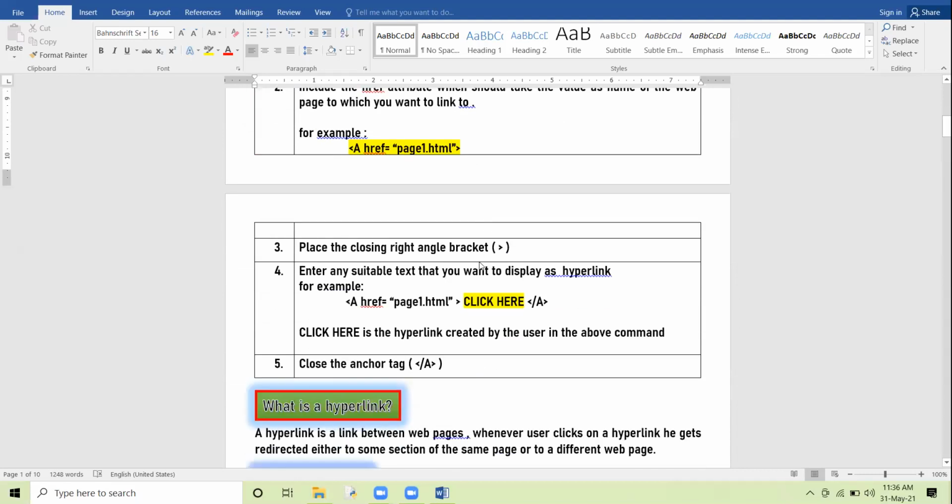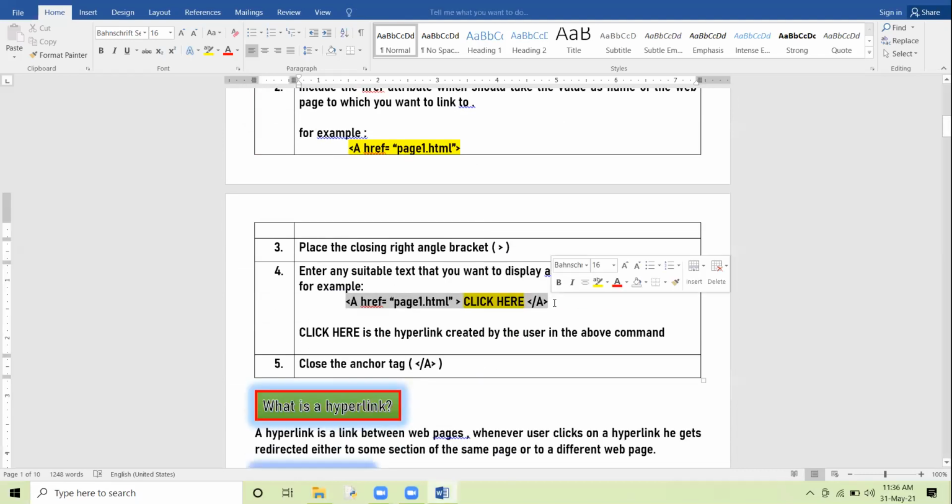Now see this example which I have shown in front of you. Carefully see this example. Now I will explain this command, so try to understand the meaning of this command.